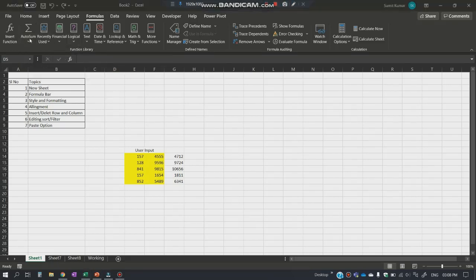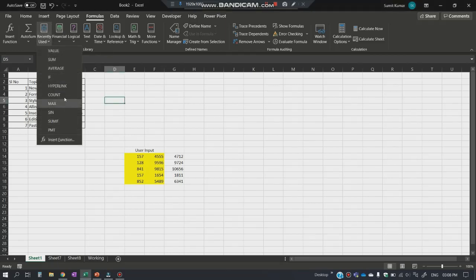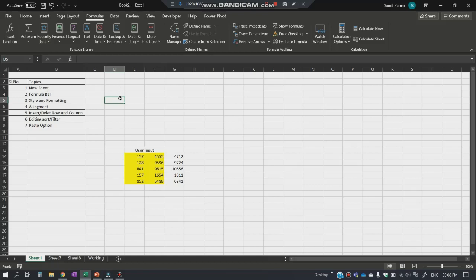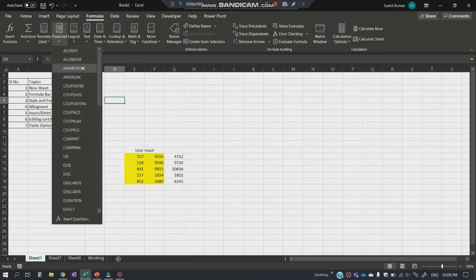So after that you can see there's a tab coming as recently used. So in this, whatever formulas you will be using in your Excel while working, all the recently used formulas will be getting registered here. And then after that, all the financial related functions are there. So as in when you start working on your financial sort of documents, so all these formulas can be used in that